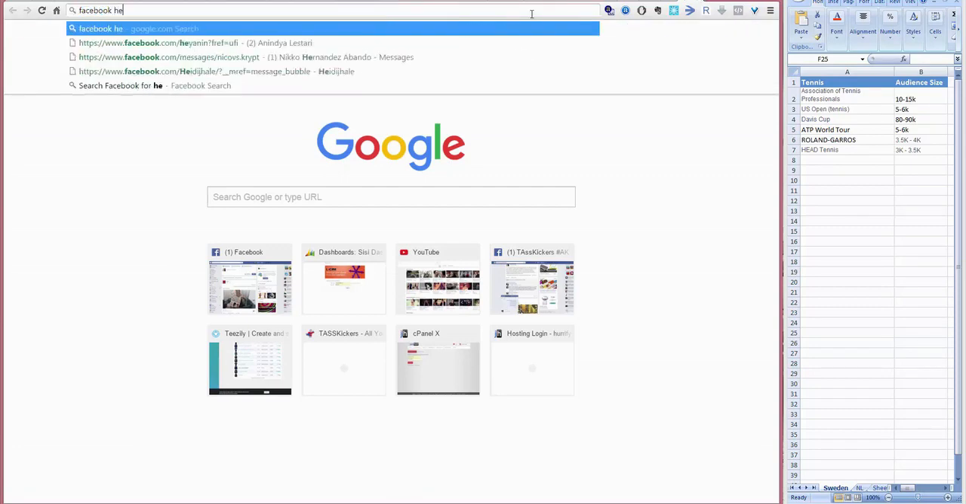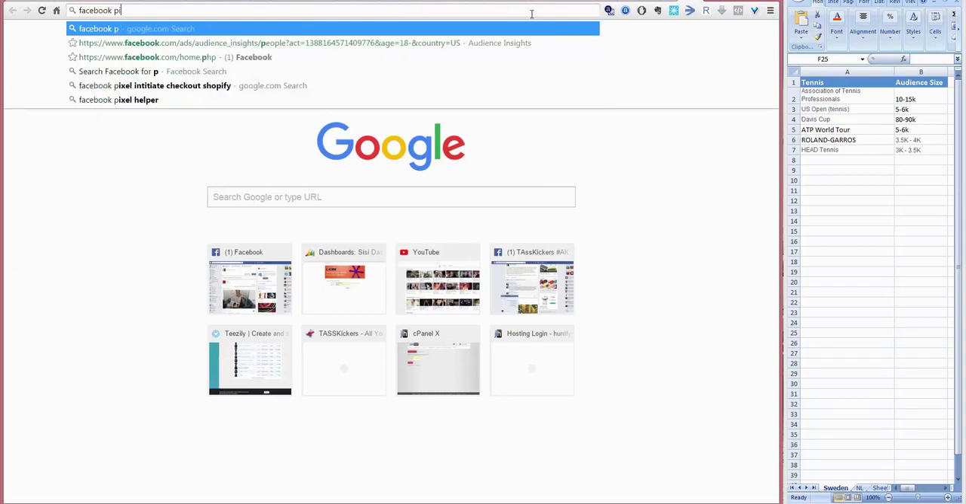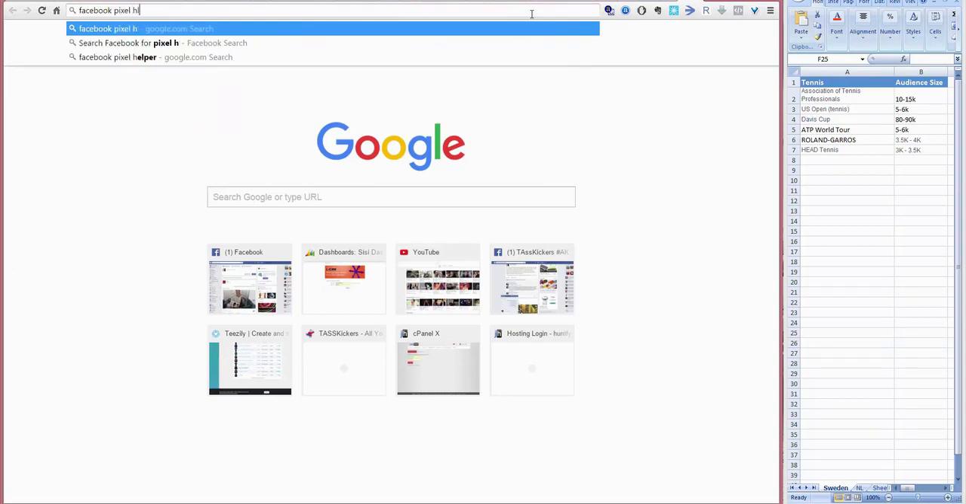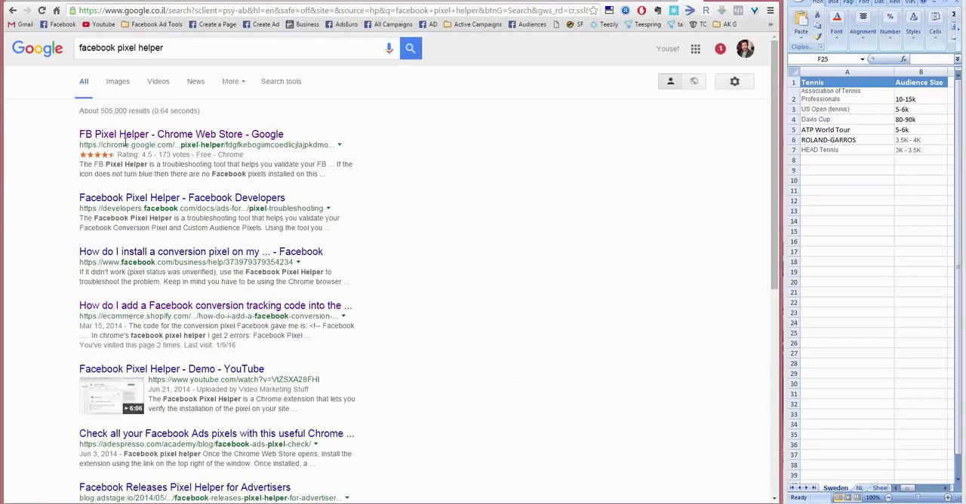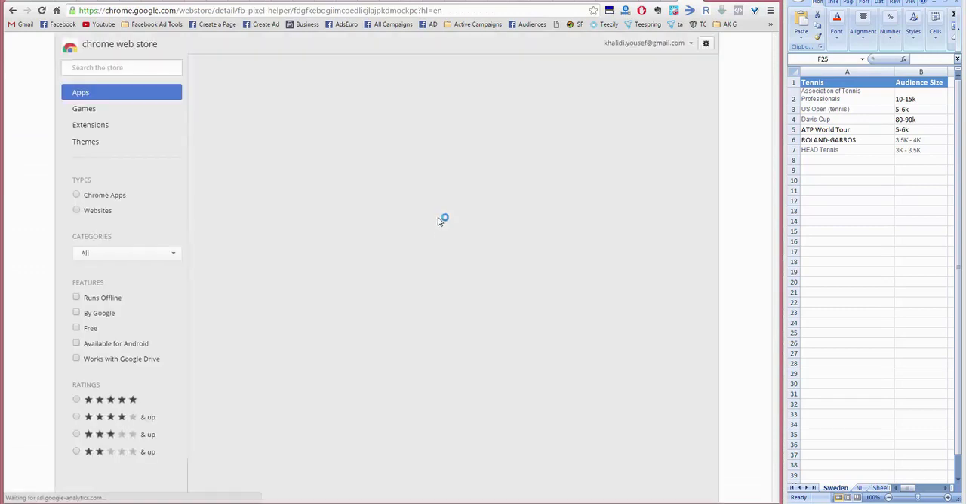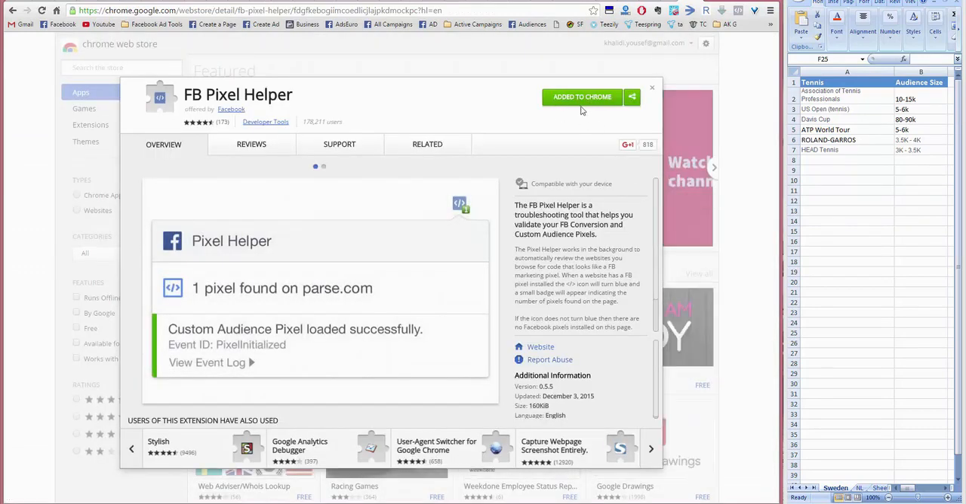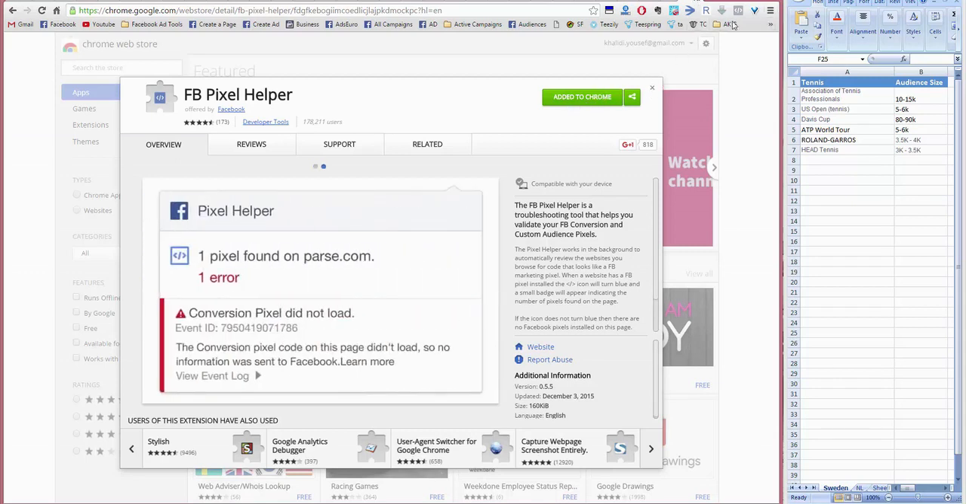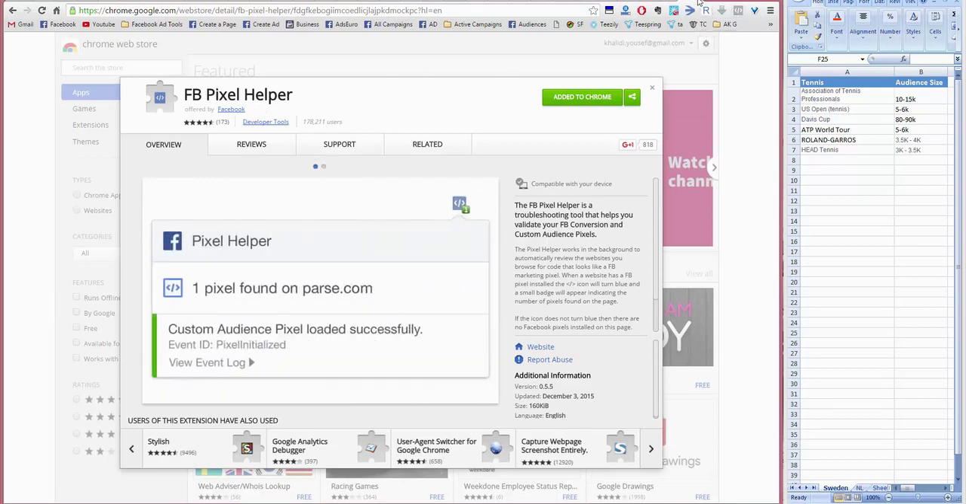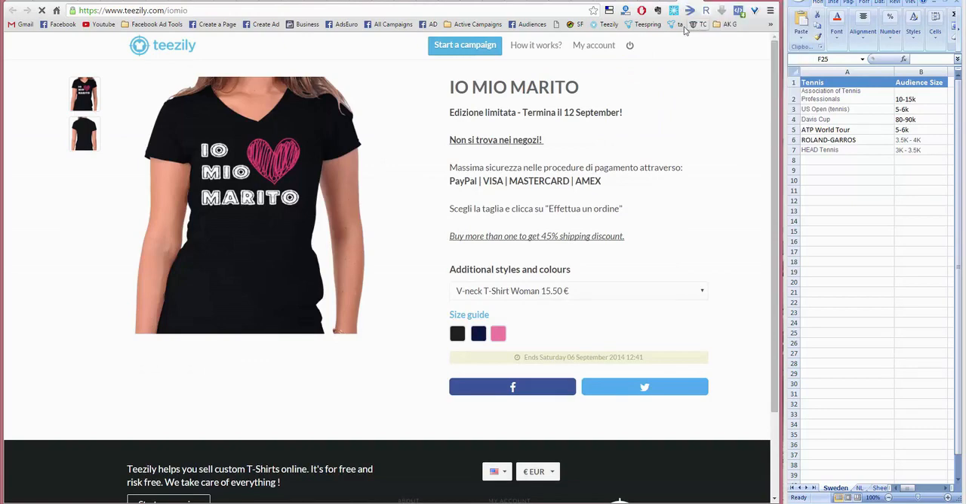Facebook Helper, Pixel Helper. Oh, I can't type because my hands are so cold. You go into this place, and you add it to Chrome. Now I can't add it because it's already added there. So when you add this extension, you would have it here. And then whenever you're on your campaign, like a teaser campaign or whatever campaign, you come here and you see